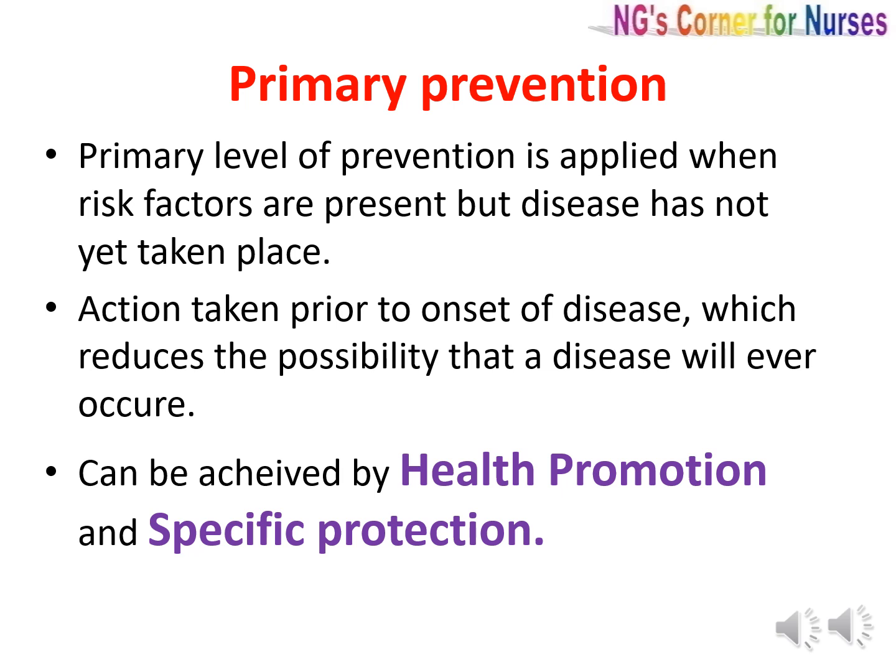So next is the primary prevention. Primary level of prevention is applied when risk factors are present but disease has not yet taken place. So action taken prior to the onset of disease, which reduces the possibility that a disease will ever occur. So we can say primary prevention is a concept of positive health. What is positive health? An acceptable level of health that will enable every individual to lead a socially and economically